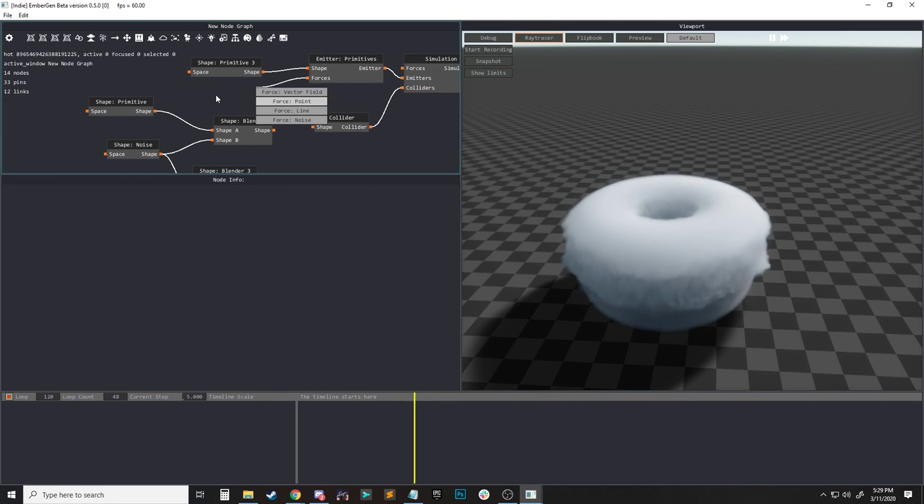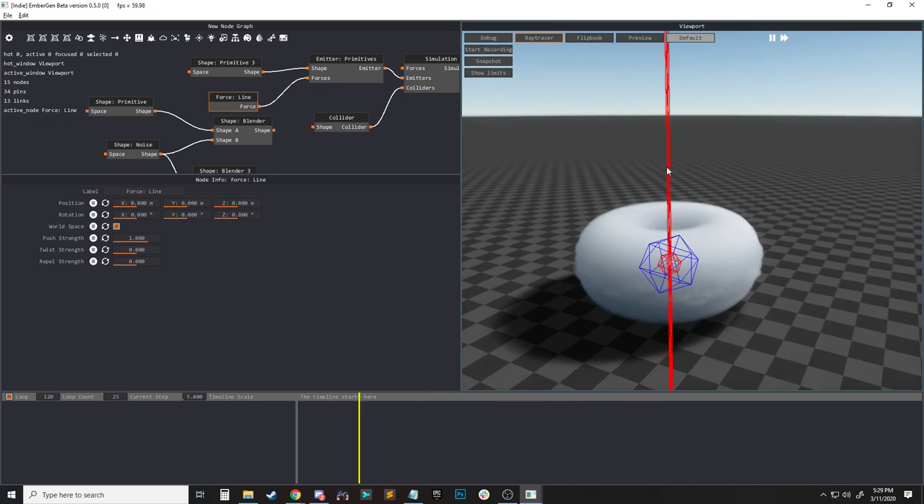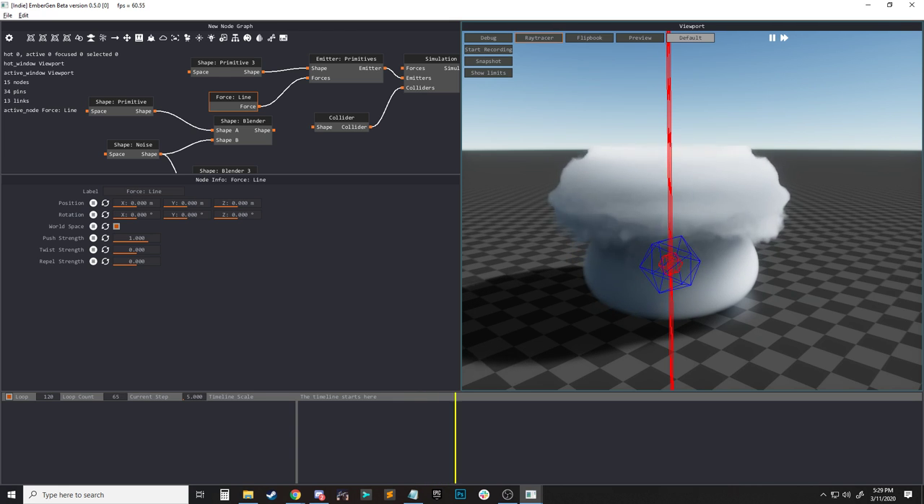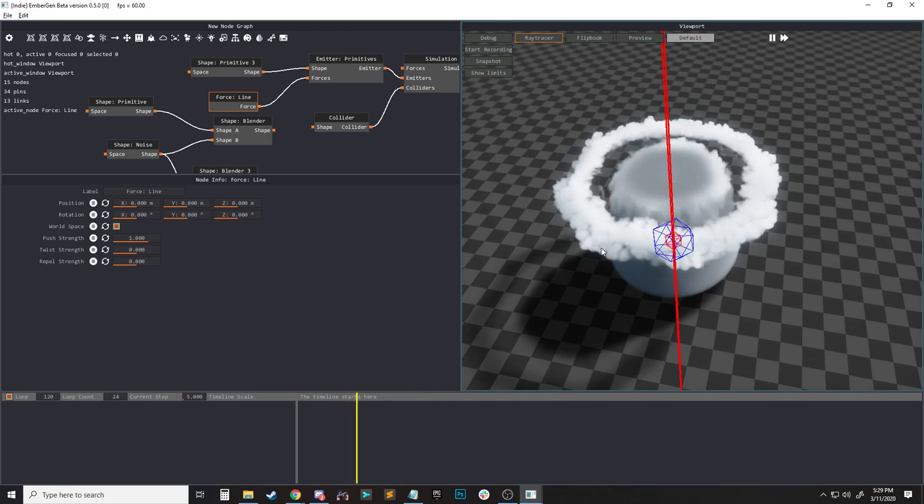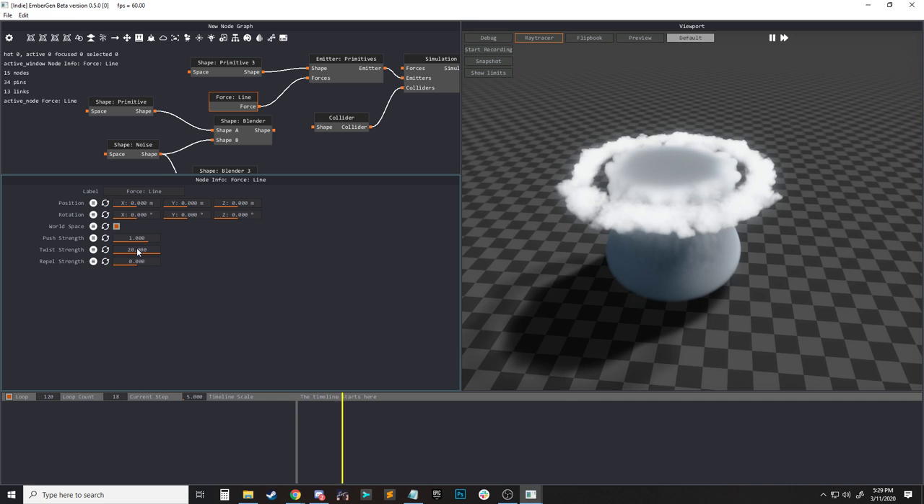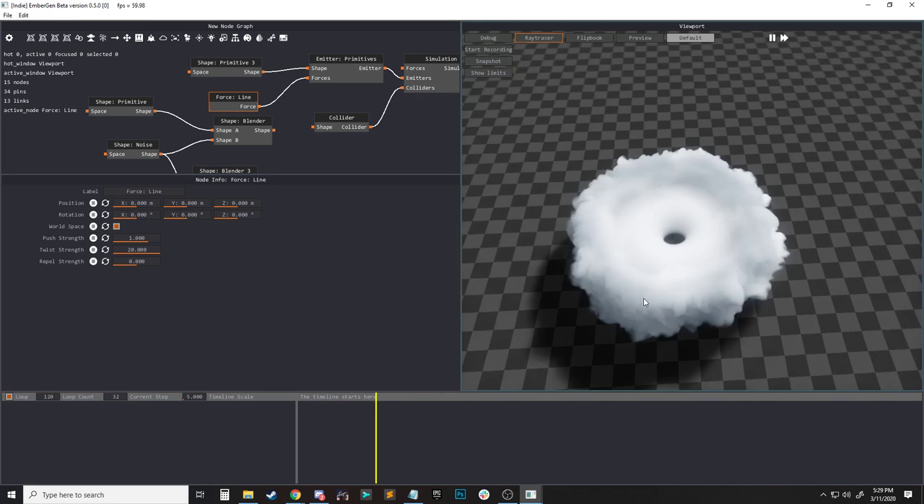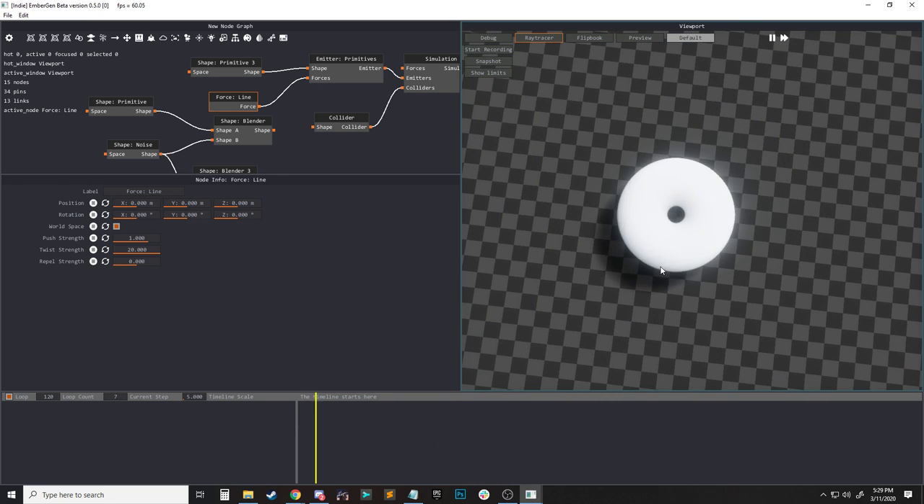But we'll go over here to our forces, and we'll create a line force. And so if we hold Alt, we can see where this line force is going to be. And so then what we want is the smoke to twist around this axis. Let's see if I can remember how to do this hurricane. Okay, so now we've got some smoke blowing out from the center here,